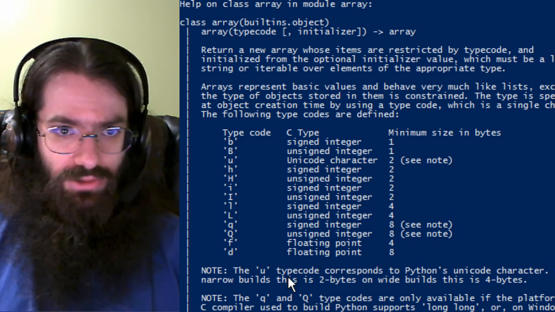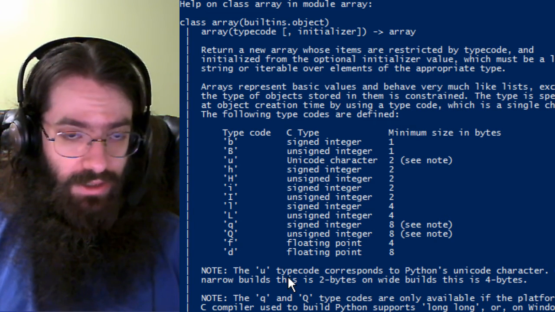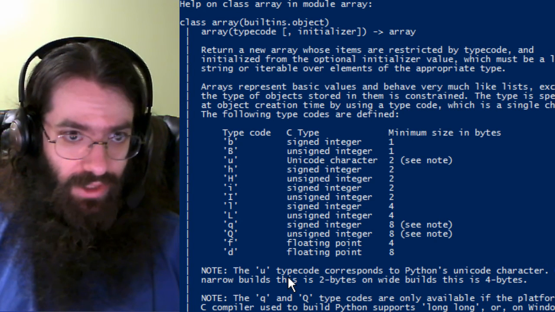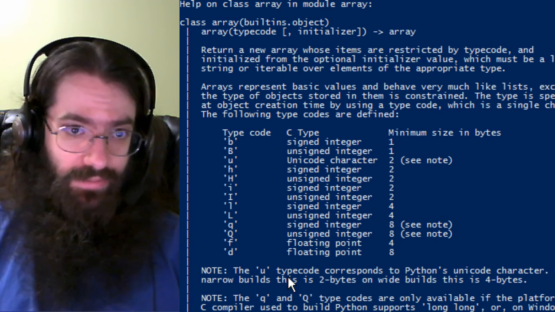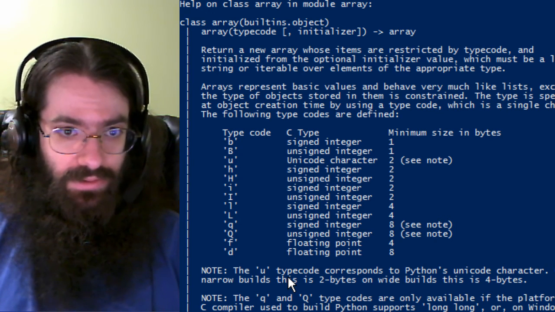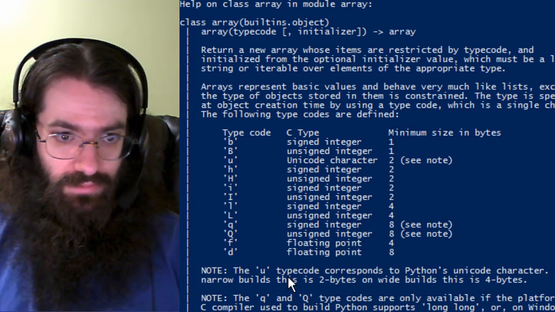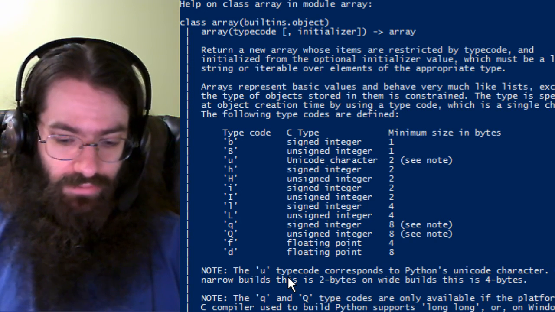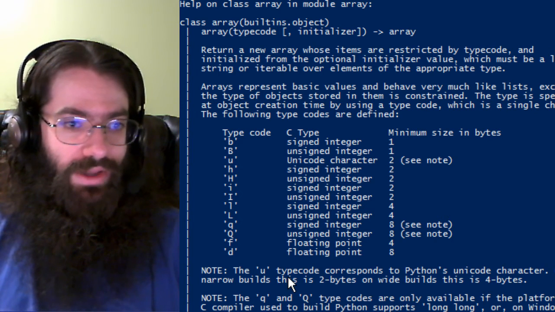Return a new array whose items are restricted by type code and initialized from the optional initializer value. Signed integer, unsigned integer codes for C types. So that's something I don't think I will use. It has all manner of stuff in the Python help